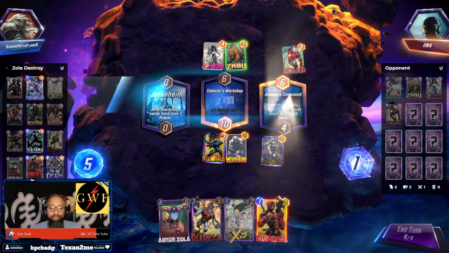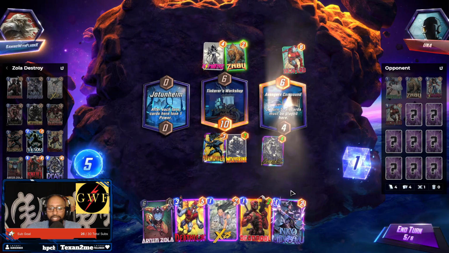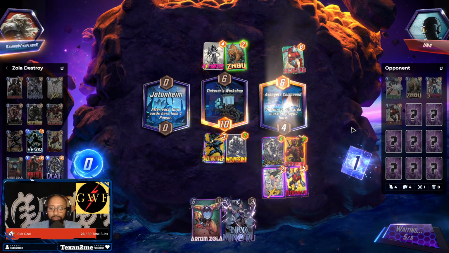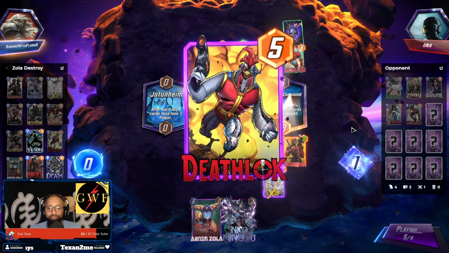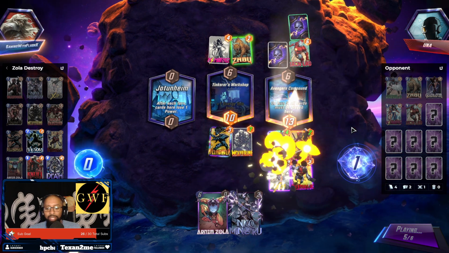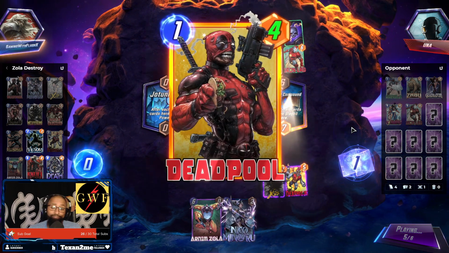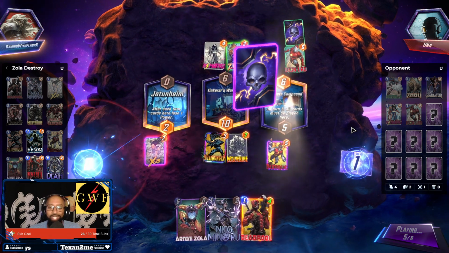Yeah, Avengers Compound makes this sucky, but it's okay. We have play lines here, which is just Deadpool, X-23, Deathlock. Which is good. Good play line. Next turn we can Zola and Deadpool. And considering that we didn't have a lot going,